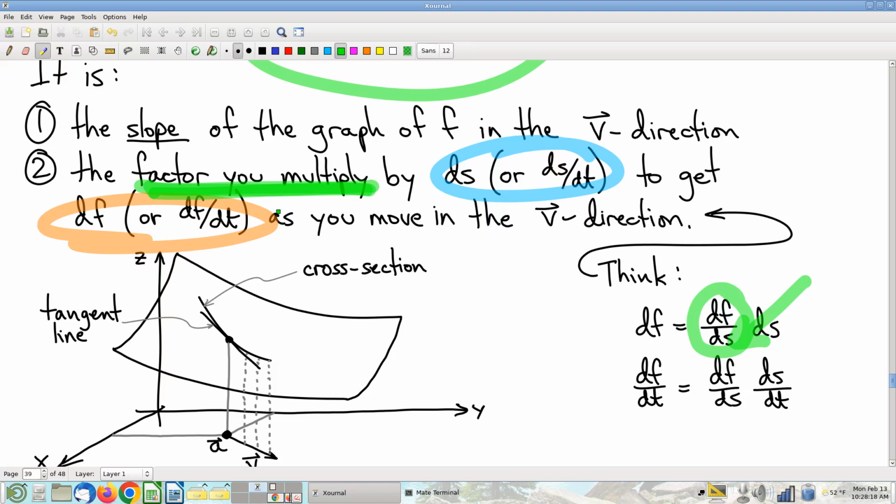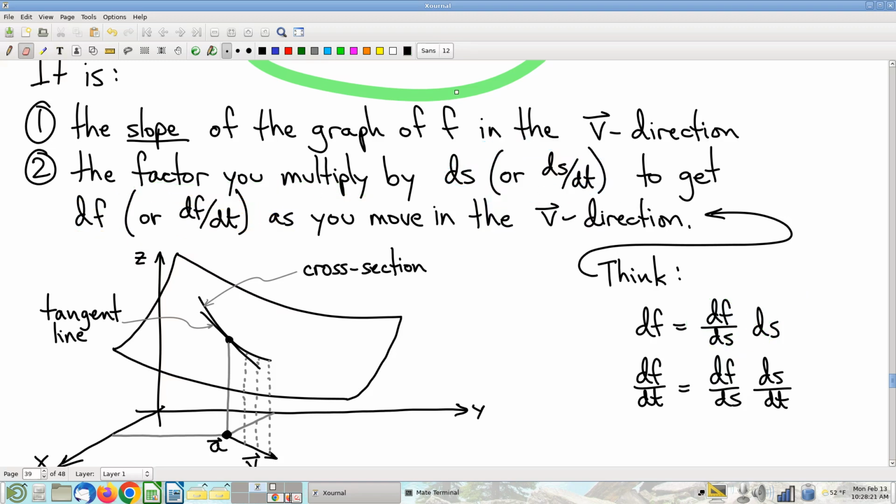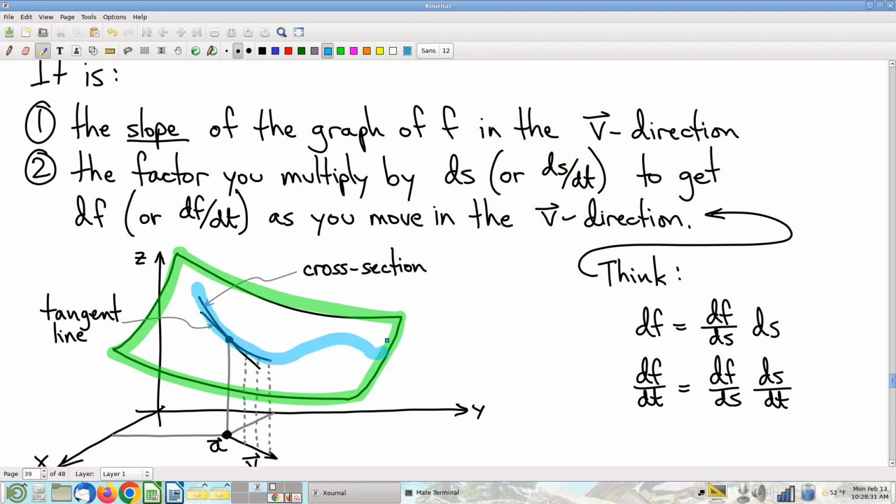So here's just an example for relatability purposes. As y'all know, I like to think of graphs very often as being hills, right? So imagine that this is a hillside, and you've got a hiking trail or a road or whatever that you're moving along. As you're moving along that road, you could reasonably ask how fast is my altitude changing per unit time? If you're interested in the air pressure in your ears and you're getting that earache thing, and should I do the jaw thing to get rid of that pressure, that's about how fast altitude is changing per unit time. Very naturally interesting thing. But also very interesting, for different reasons,